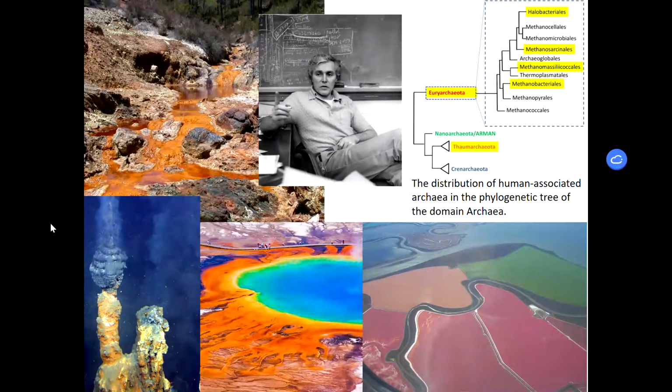They are salt tolerant, and these are pools over in the San Francisco Bay. So when you fly to San Francisco in an airplane, you can look down as you're getting close to the airport and you can actually see these. And there are these really cool different colors. What companies do is they have these ponds, and in this very salty water, these archaea basically take in the salt, and over time, companies can harvest salt for us to use from these pools. And the different colors are showing the different levels of saltiness.